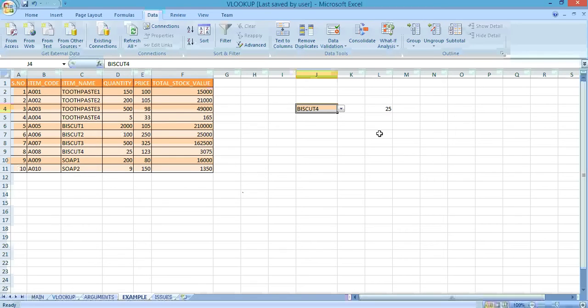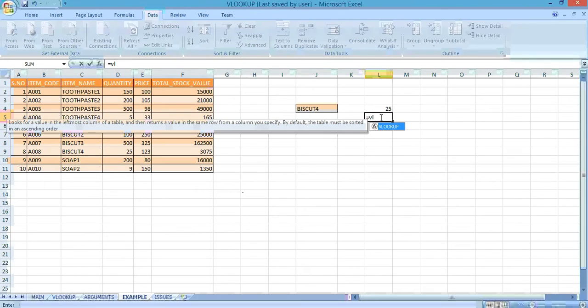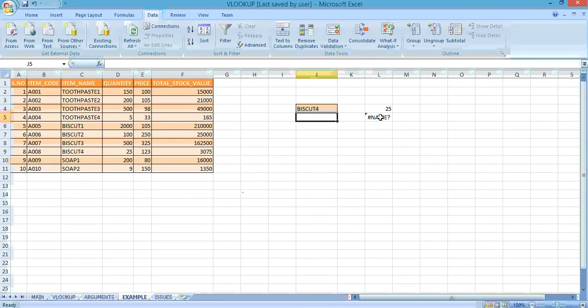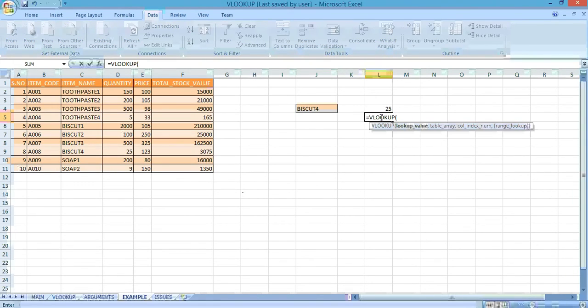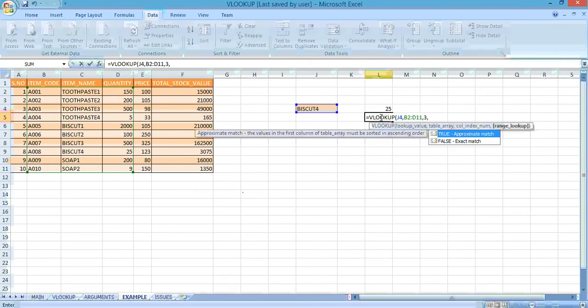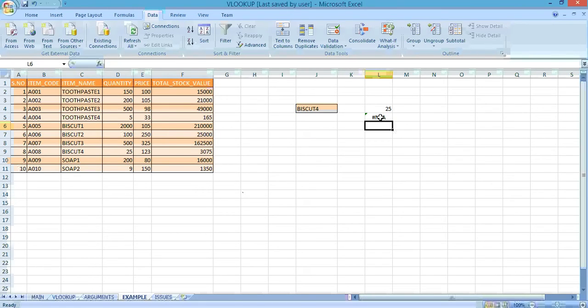So here I want to confirm some restrictions of VLOOKUP as well. The value which we want to search in the table should be in the first column. Okay, what does this mean? Means if I'm trying to find the biscuit, this item name, I'm putting my VLOOKUP based on the item name. So item name should be my first column, right? If I put the VLOOKUP on item code instead of item name, it will not give me the desired output. Okay, this is the first restriction.